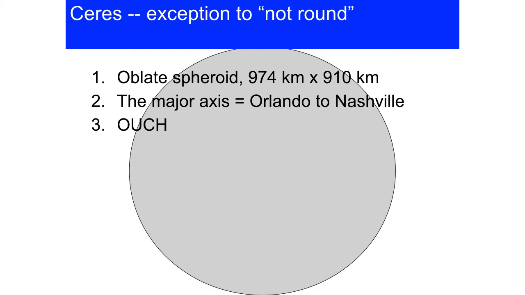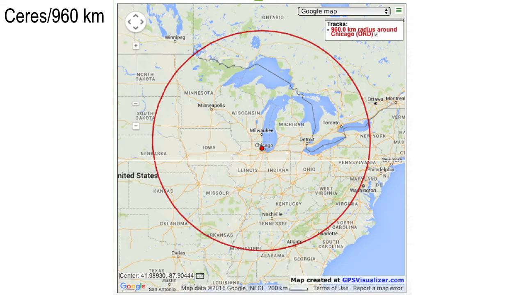Here's another way to look at it. If you think about Ceres being a circle, this is the shadow Ceres would cast, centered on O'Hare Airport in Chicago, casting a shadow all the way down here in Atlanta and all the way up here in Fargo, North Dakota, and almost all the way to Ottawa, Ontario. So it is fairly biggish. There's Dallas down here. Entire states are underneath this. So Ceres is a pretty big piece of